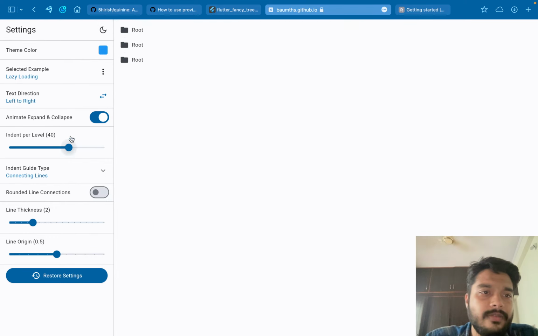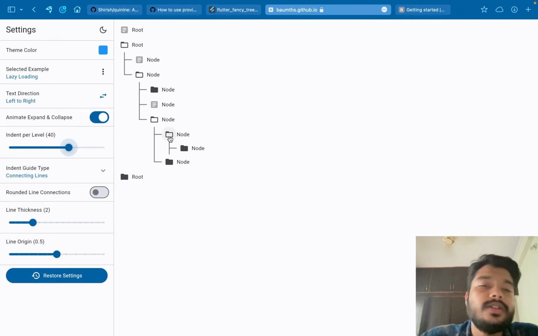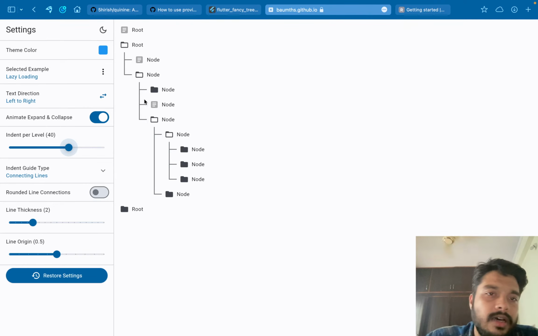It has a lot of other things. I can enable or disable control, I can set up indentation levels, and I can do a lot of other customization on the way this tree looks. So this is my root directory, and it expands. And there is a loader also, so it expands asynchronously as soon as the data is fetched. So that's amazing. And then I can collapse, and I can again expand. So there you go. Okay, amazing. So I think what I've done is I've implemented this thing, but what I've not done is